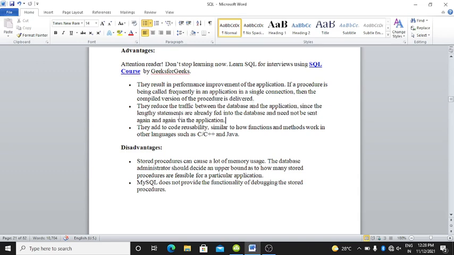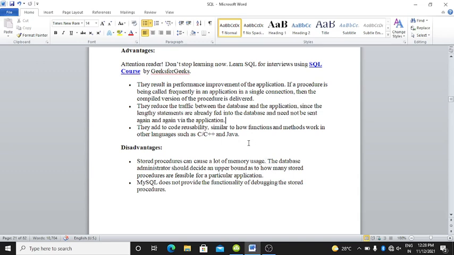They reduce the traffic between the database and the application, since the lengthy statements are already fed into the database and need not be sent again and again via the application. They add to code reusability, similar to how functions and methods work in other languages such as C/C++ and Java.